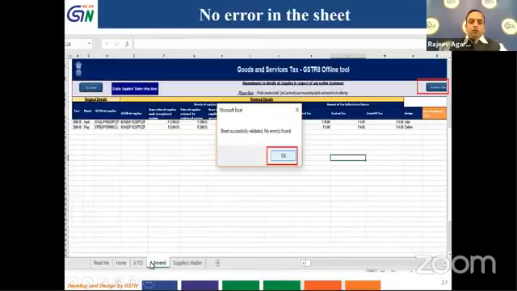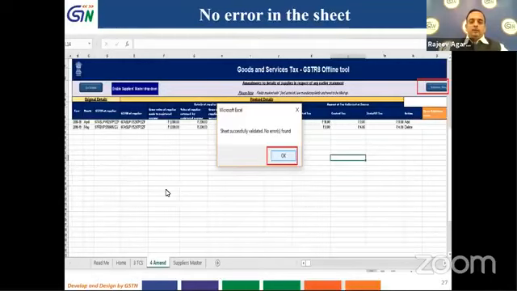And then you can come to the for amendment sheet. So whatever data you want to amend, which you have filed in a previous tax period, you can correct it using the for amend sheet. And if there is any data which has been rejected by the supplier, you can use this sheet for amending those details. But the rest of the details which you are filing for the current month have to be corrected or deleted or added in table 3 TCS. The for amend sheet is for those data which you have already uploaded on the GST portal in the previous month, or anything which has been rejected by the supplier.